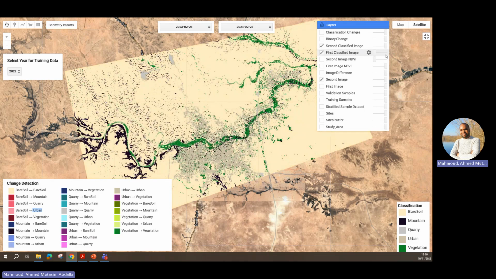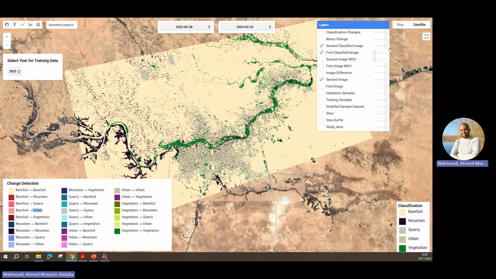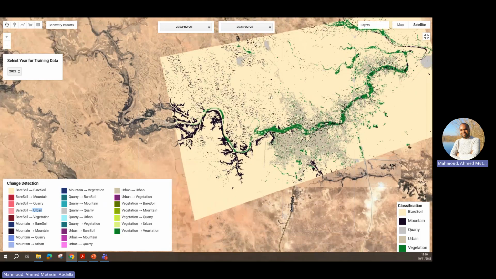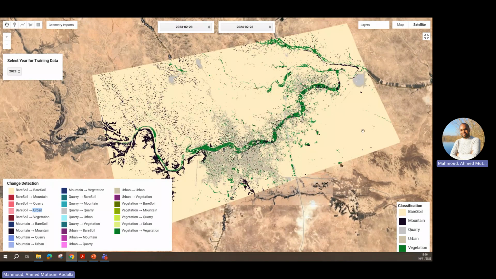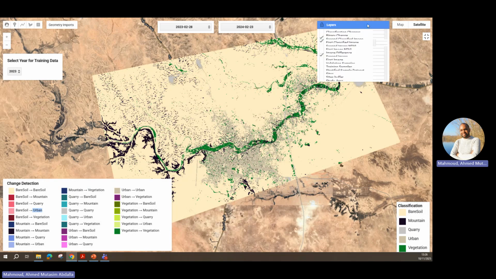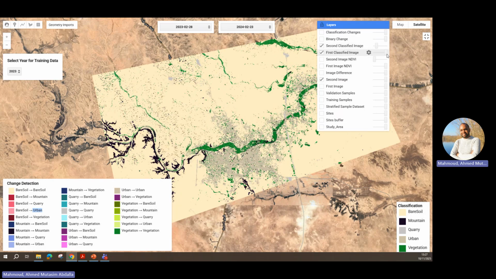The performance of the classification depends on the training samples, and also on how the model will work in terms of classifying these specified classes on your study area. So we have bare soil, we have mountain areas, we have quarries, as I said, we have urban, we have vegetation. So for example, if I compare some changes between the